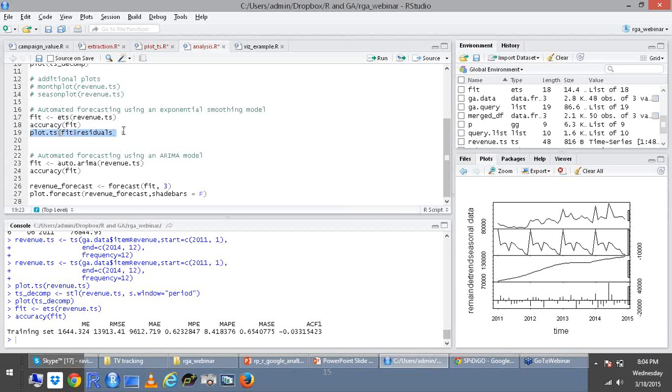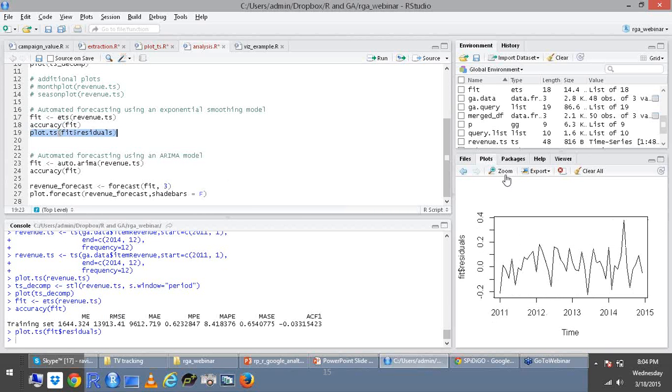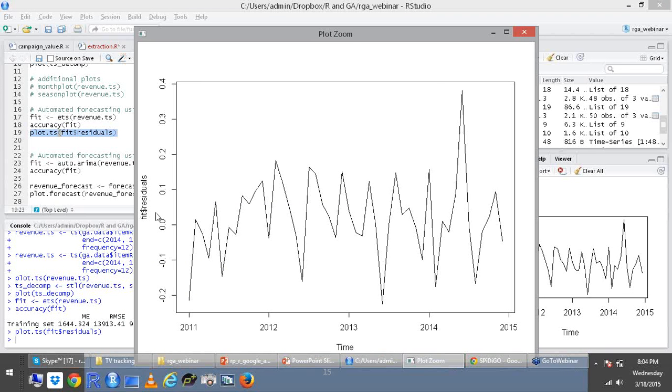But what is most important is that you may want to see the residual graph. The residual graph indicates how good a fit this model is. You can see that this is the difference between the actual and the predicted value. Till about 2014, most of it was very well predictable, and in 2014 there was a strong anomaly in the product revenue, therefore it goes up. Essentially, the ups and the downs, the spikes and the troughs, cancel each other, and therefore the model's prediction is better.